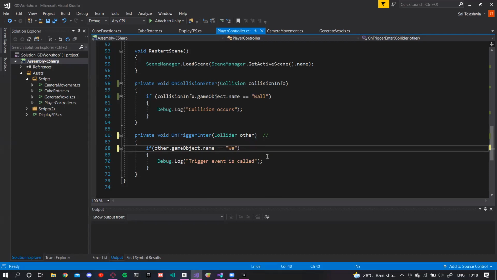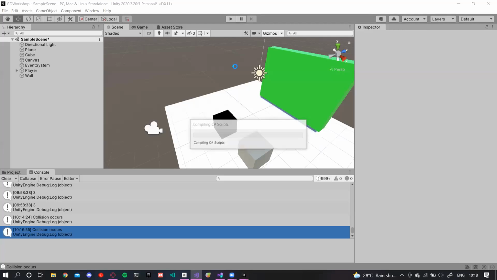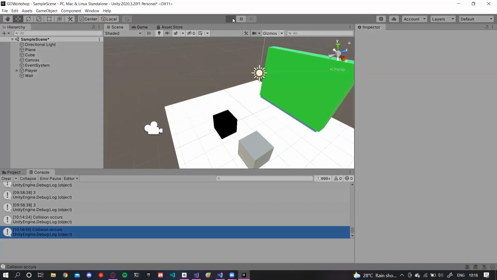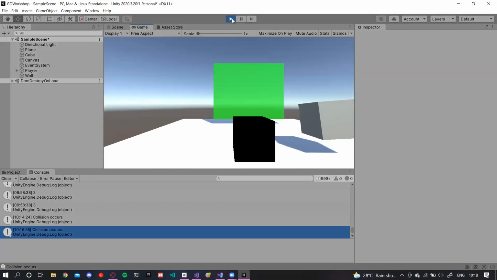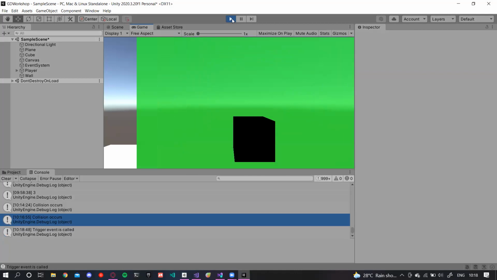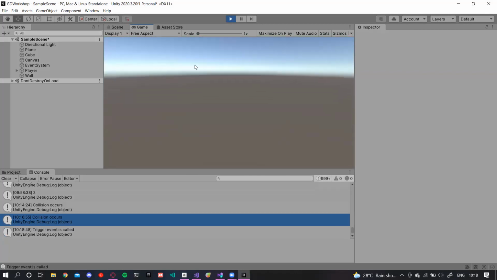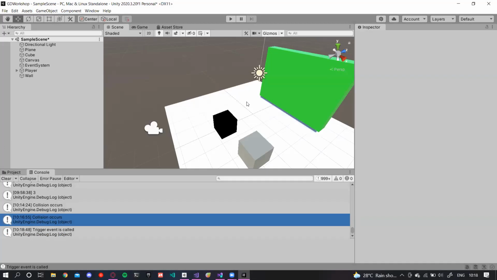Right now it is collider, so I'll name it as wall. As you can see, the trigger event is called.